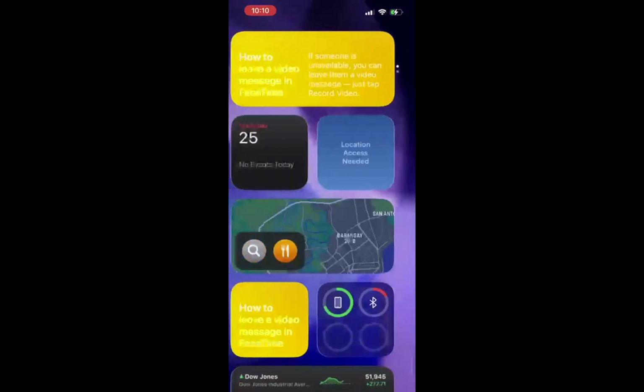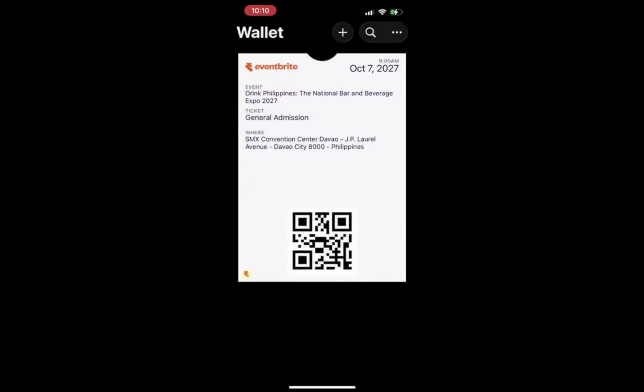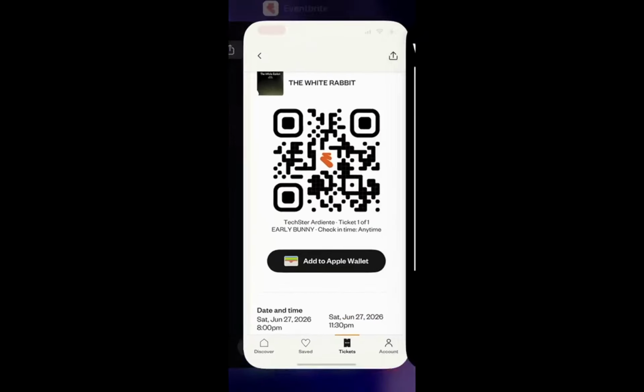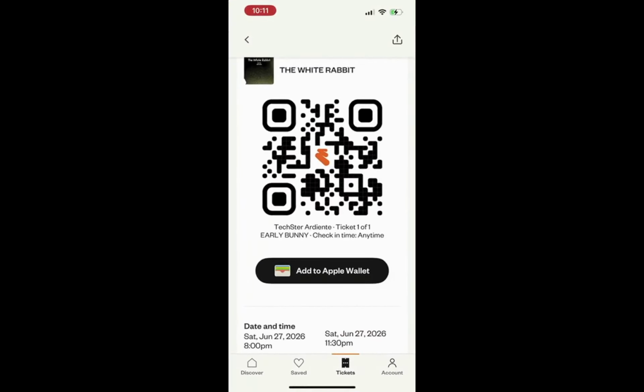When you arrive, simply show your ticket's QR code to the event staff. They are usually stationed at the entrance. The event organizer will scan your QR code with their Eventbrite Organizer app. This is a swift process, designed to get you in as quickly as possible. Once the scan is successful, you'll be checked in and can enjoy the event.